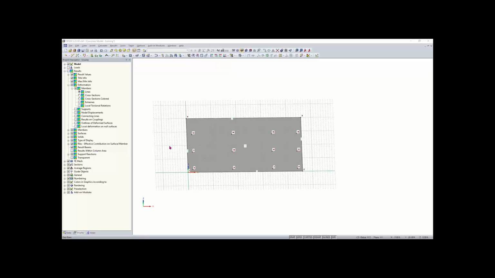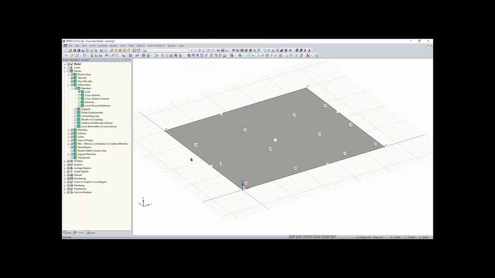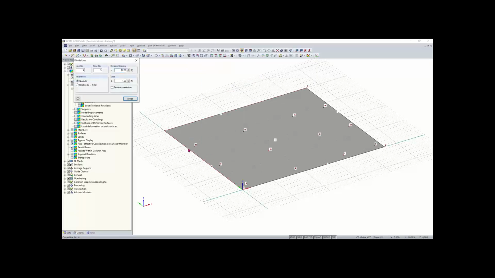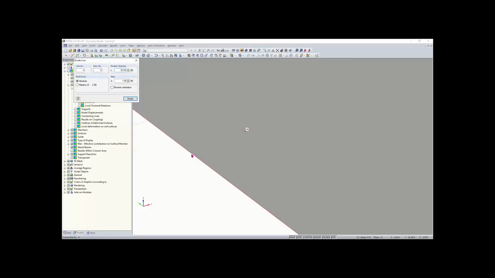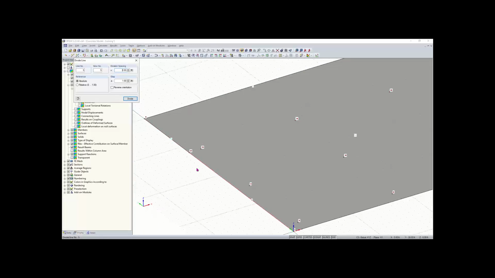So now we want to define our walls. And to do that, we can simply divide our lines here like we did with the plates earlier. So we can right click on line 4 here, and what we want to do is go to divide line and then go to graphically, and then this wall is going to be placed right next to this node here. So I'll left click and divide that line, and now you can see I'm still in the divide line tool. I can right click out of that,